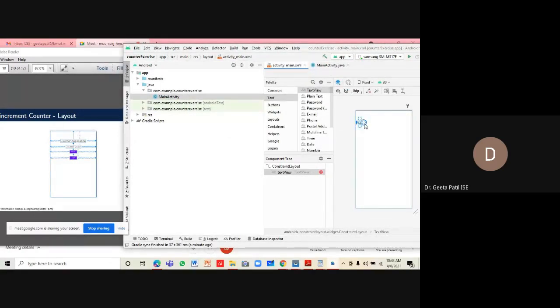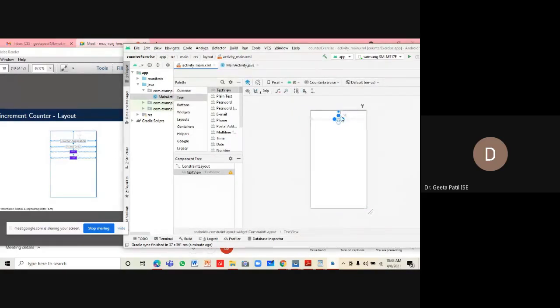Start of this is constrained by start of the parent, end is constrained by end of the parent, top of this is constrained by top of the parent, right? And we need to set up the margin for this. So just take it down like this,